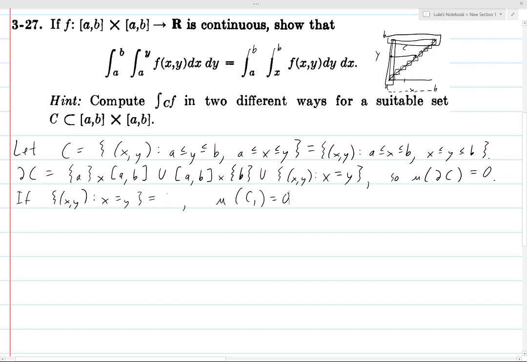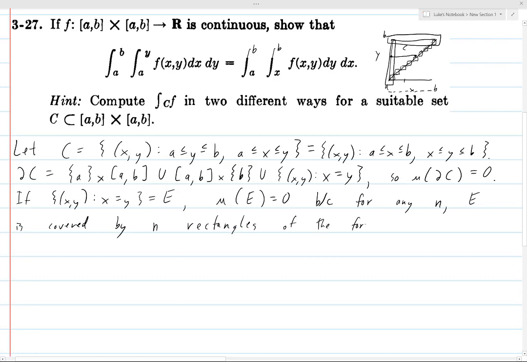Let's call it E. I want to give it its own letter. E is a set of measure 0 because for any n, E is covered by n rectangles